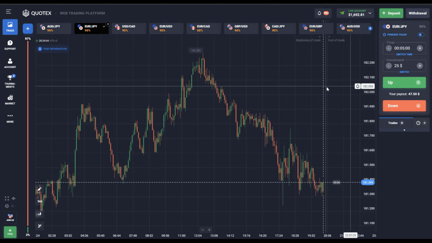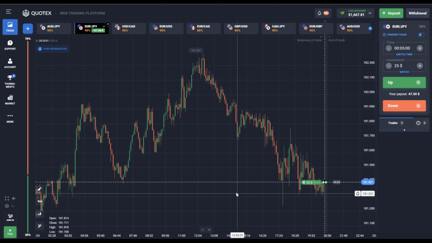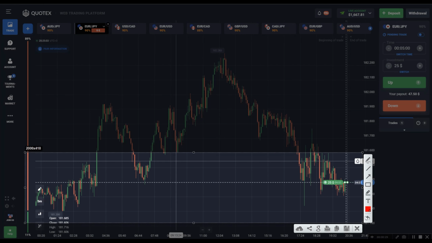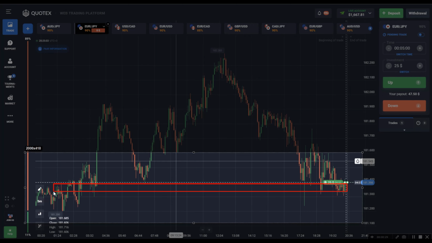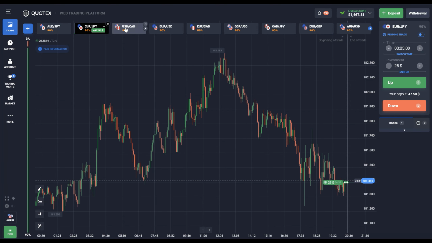Euro-Japanese yen, I'll open a trade for an increase. Support zone, local minimum, although no, it's not a local minimum here anymore. Let's take a look. No, it is not a local price minimum, but we still have a significant support zone here. If I had started trading a bit earlier, the entry point would have been much more favorable. Now we've opened basically somewhere on the edge of the support zone, but I hope the price goes higher and